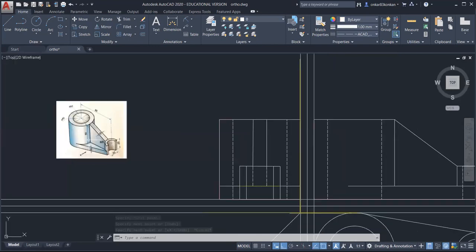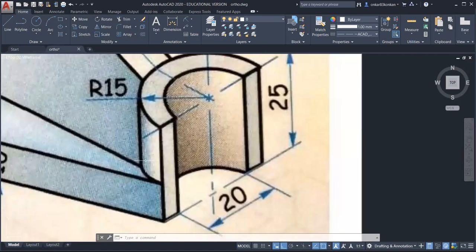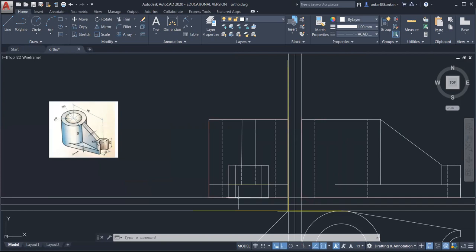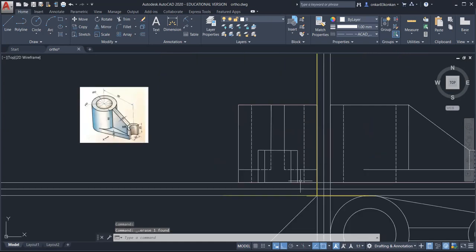Okay. And there is one horizontal hidden line. So you can observe here. So this curve portion for this cylinder is not visible in the front view. Okay. So for this curve portion in the front view, we can observe one horizontal line and that will be hidden. So we should draw horizontal line here, that is a hidden line. So select line from this point, draw the hidden line, again select line, and from this point draw this horizontal line. Okay, and then you can remove this reference line. So this is the exact side view.